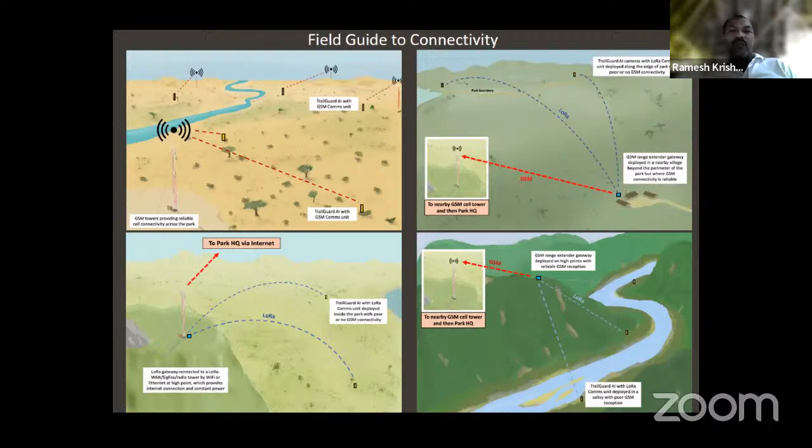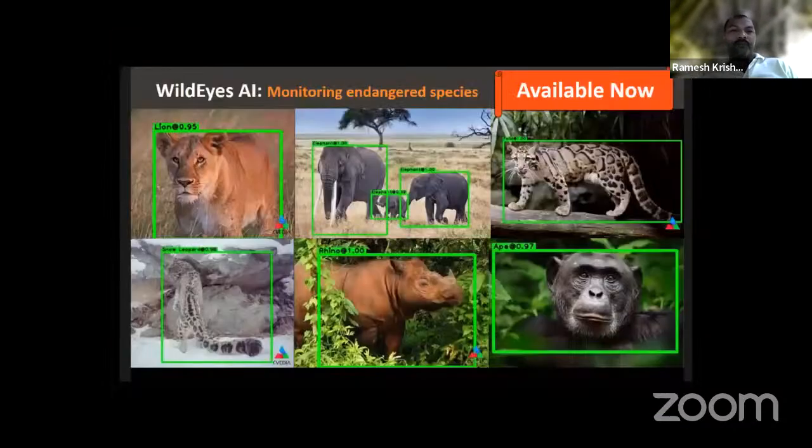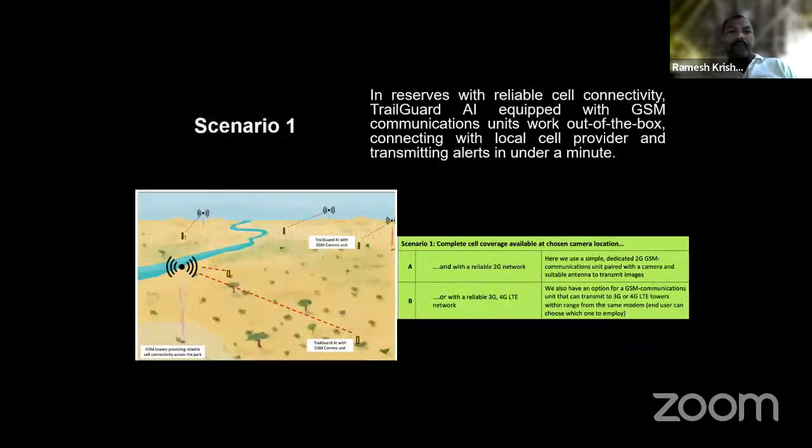Very importantly, once we have them in the field, it can be connected through the existing mobile network. If not, you can boost it through a local network, and then that connects to the other one. It can do multi-hop. Maybe you have a GSM network or LoRa network. All of these options are available. Currently, these camera traps have been developed for lion, elephant, leopard, snow leopard, and I think tiger has been worked on. We've been working on rhino and other species, but for our conditions, we are mostly going to be using it for tiger.